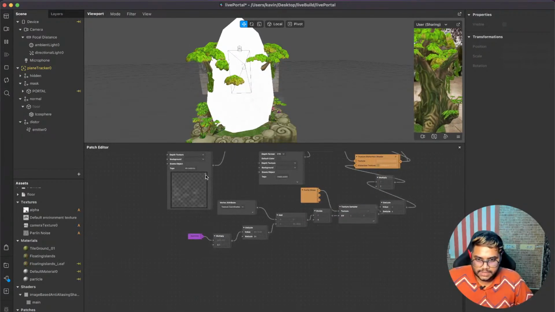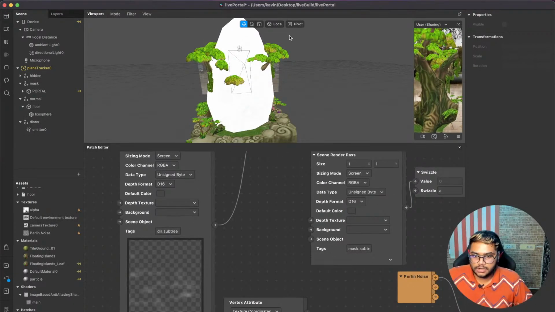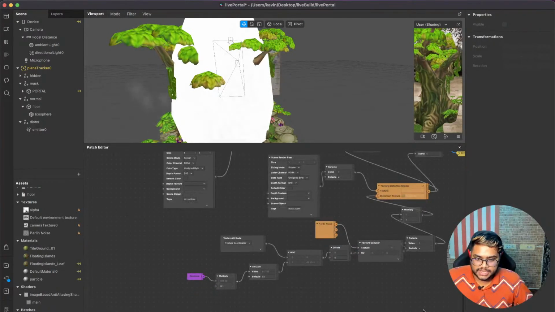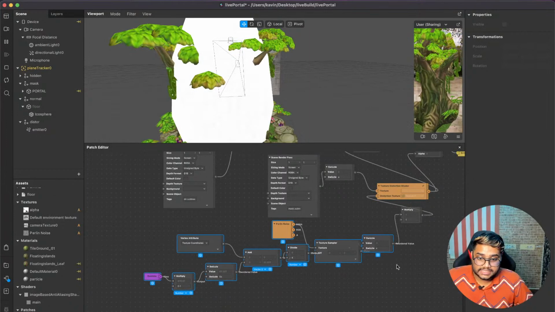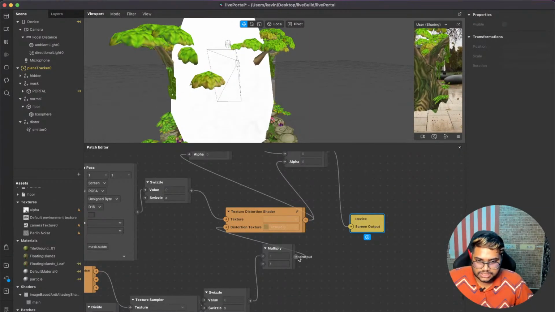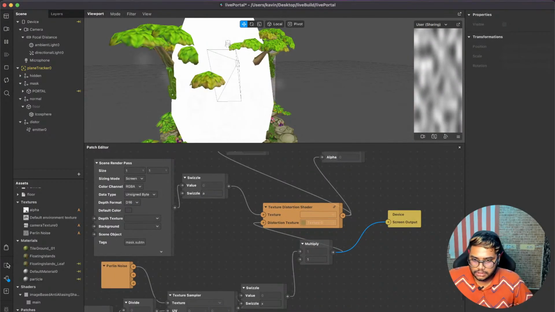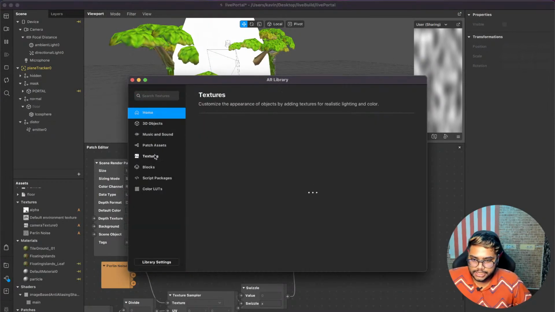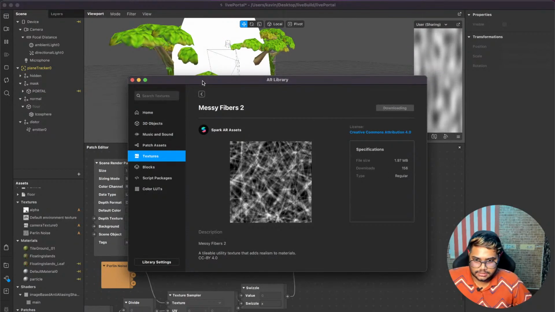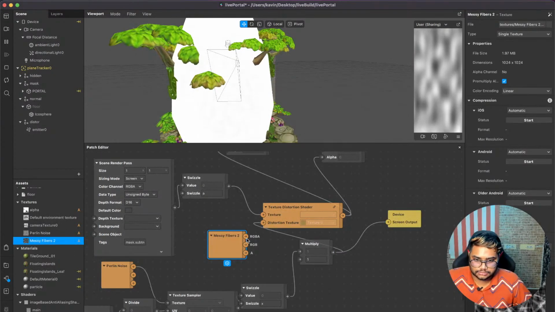So I'm okay with this, where we have two different displacement textures, one is a particle and the other one is noise based. So now even if I change the noise, you can change the distortion texture. You can see this, if I change the noise texture, it will reflect that. So I can go grab one more texture from the library. I'll just get this. So if I swap that texture here,